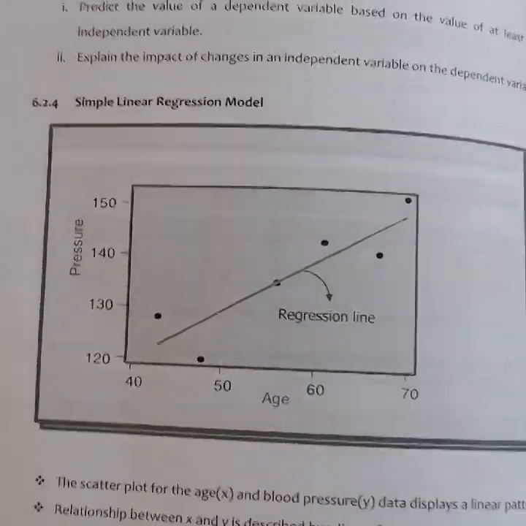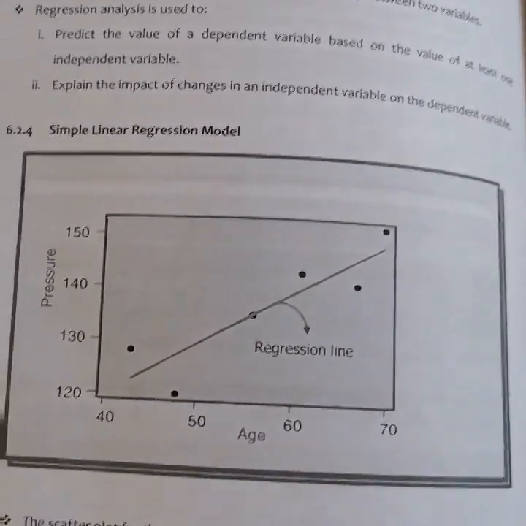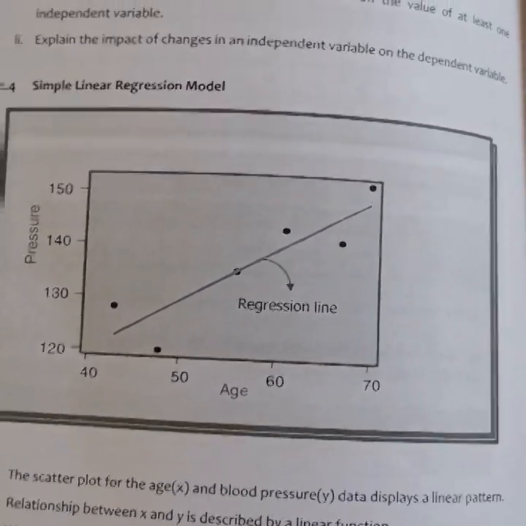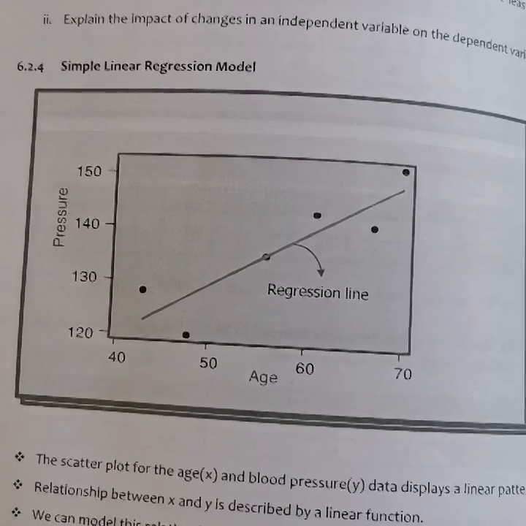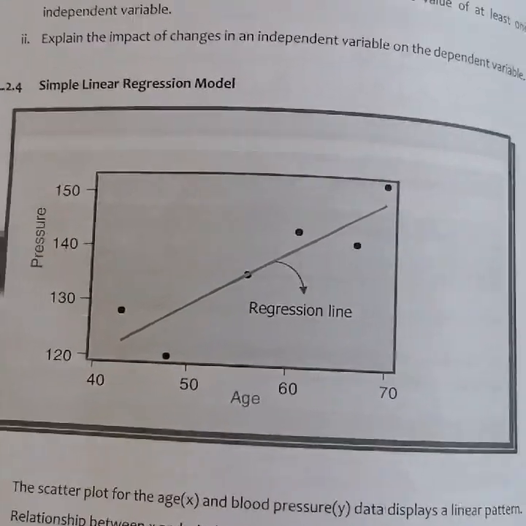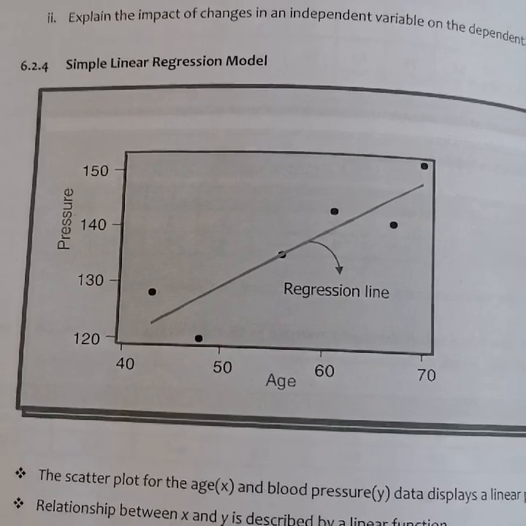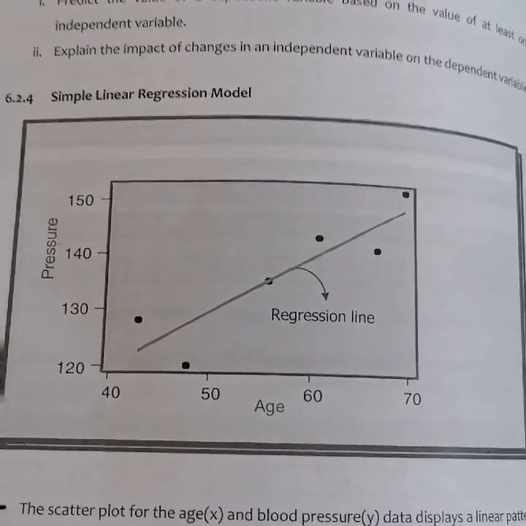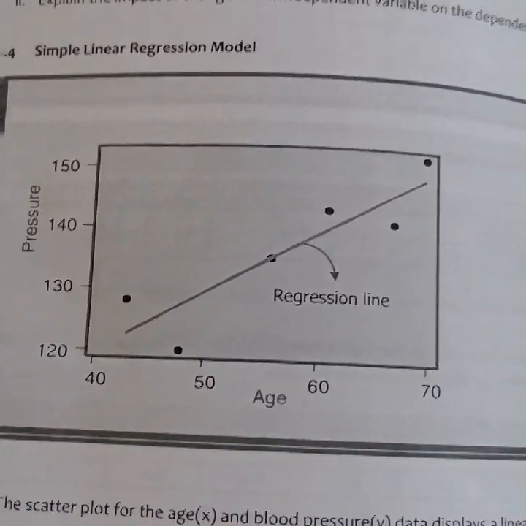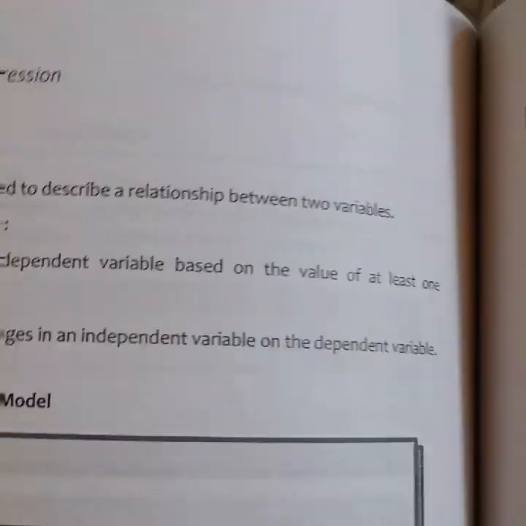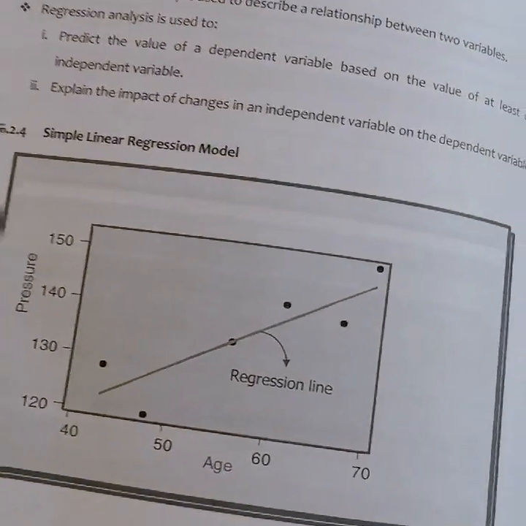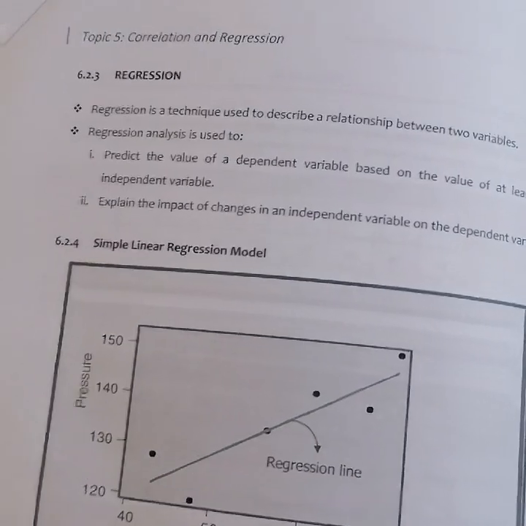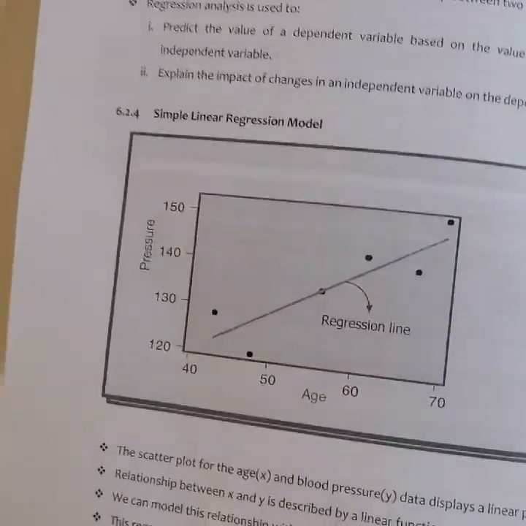Alright, today we are going to learn a new one for this chapter of correlation and regression. For the part of regression, we would like to have the line of best fit. The regression line is actually also known as the line of best fit. So when you plot your scatter diagram, as you have done in the part of correlation, when you plot,